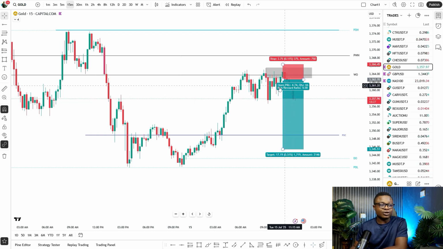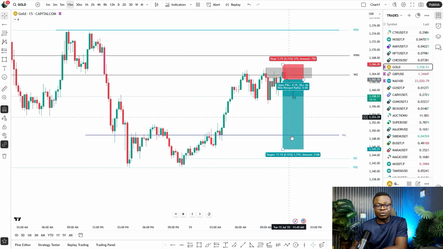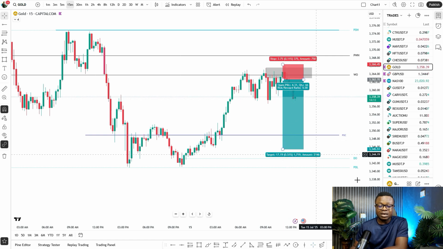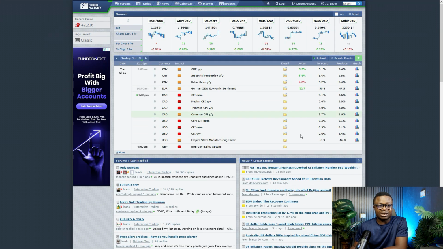So you need to move your stop loss. We entered at 3,362, so what you want to do is move your stop loss to 3,360. And as the market continues to go down, you continue adjusting your stop losses. Because if this news comes out, it will bring a lot of volatility in the market. The market could go up, clear all of your stop losses, get you liquidated, and then come down. So you have to act smart right now by securing some profit now that we are seeing some profit.